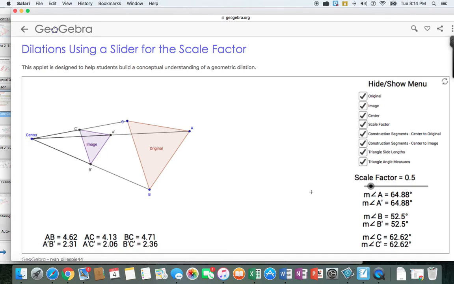So now the scale factor is a little different, and the original length of the side and the new length of the side, that's half as much as that. So the scale factor is not only affecting the distance from the center of dilation, but it's affecting the sides. Again, not affecting the angles. Let's go back to the slide here